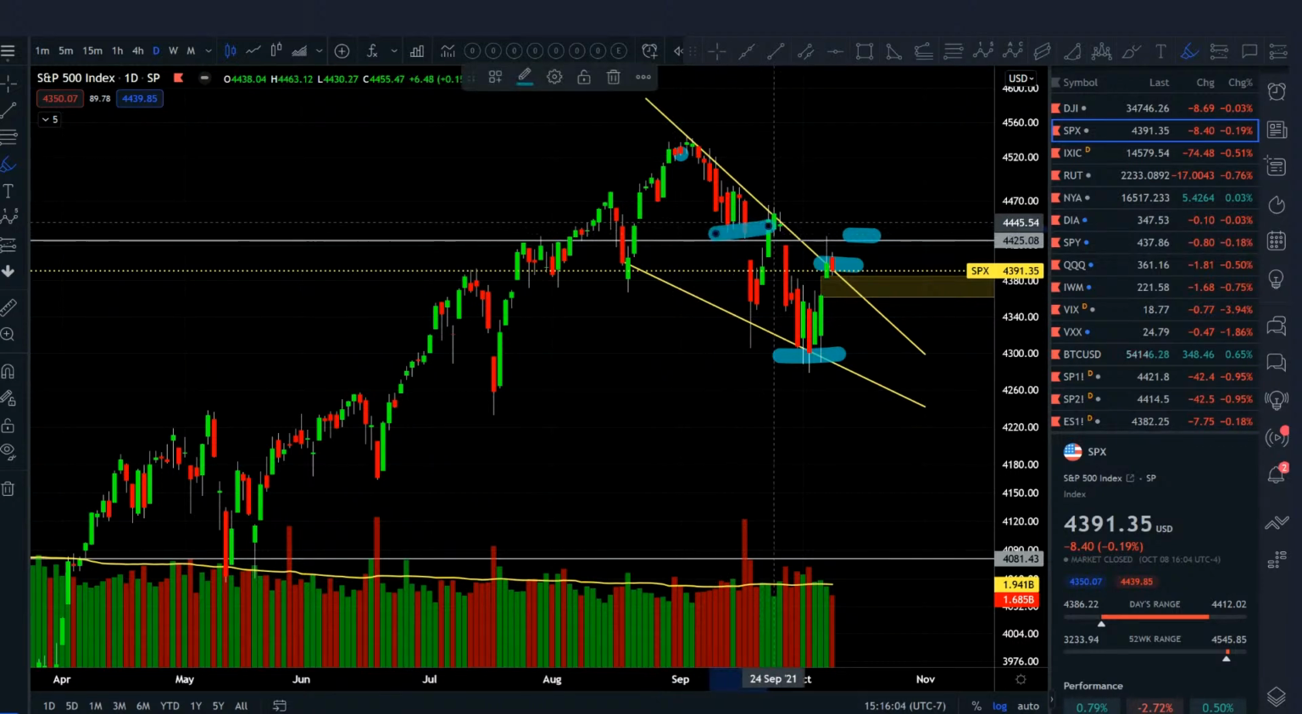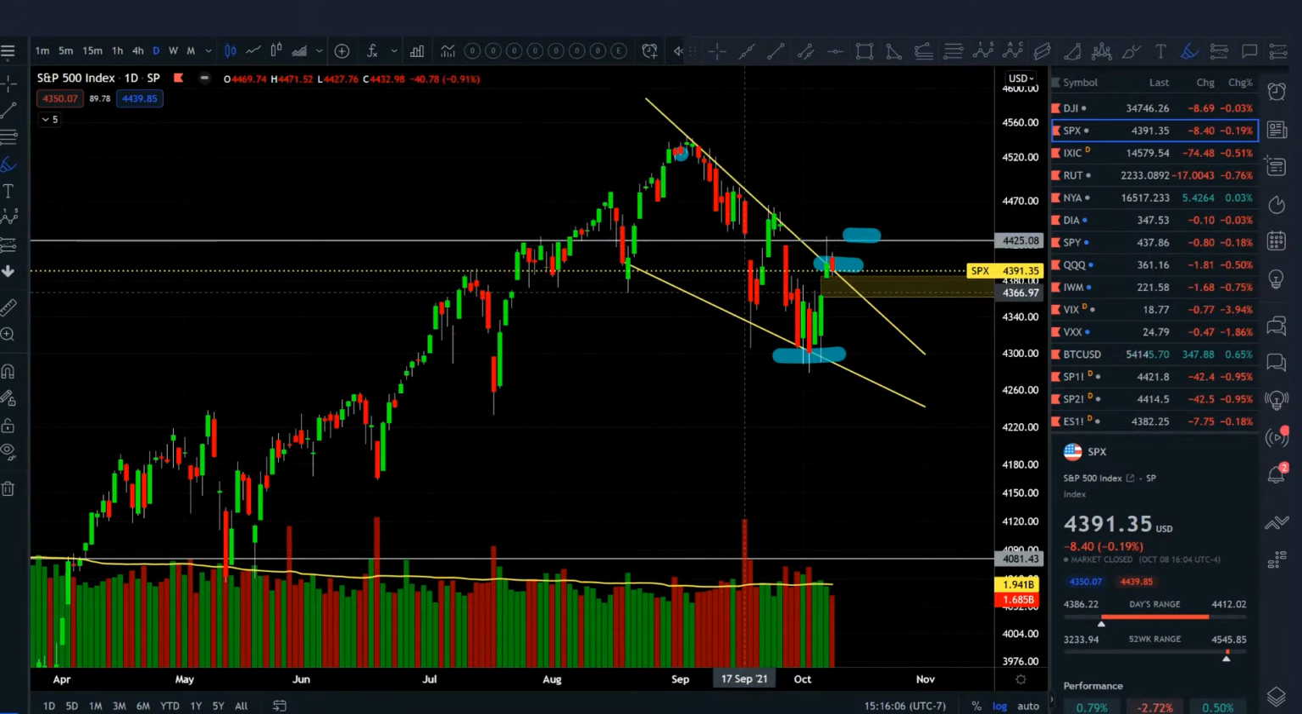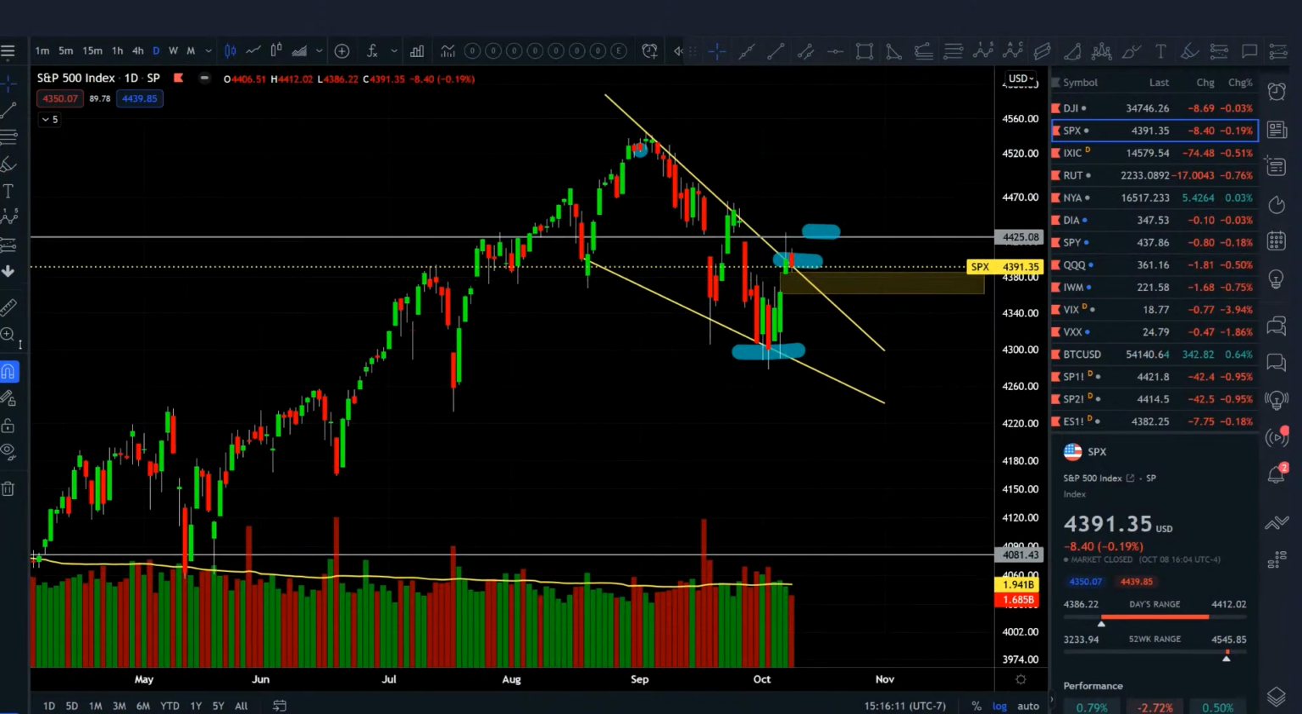At some point, I'm going to short as well, and I shorted starting from here. Closed it, then bought the support, and then I flipped around now. So, long